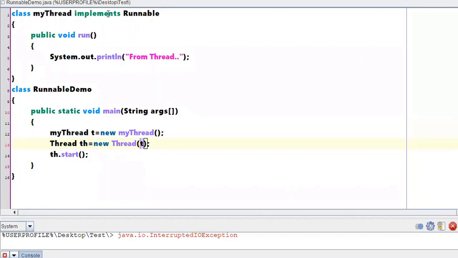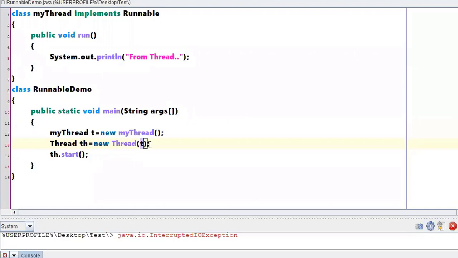What we have done is we are implementing Runnable. That means we are not talking about a run method in the Thread class. We are directly implementing Runnable, so when you are creating a thread in this scenario, you need to pass a Runnable object.